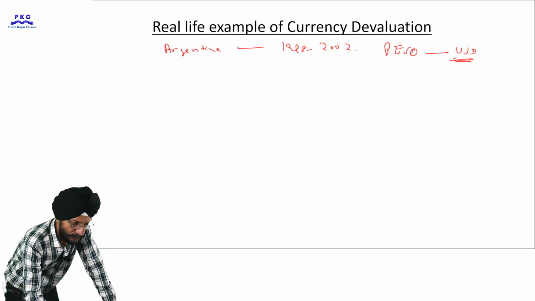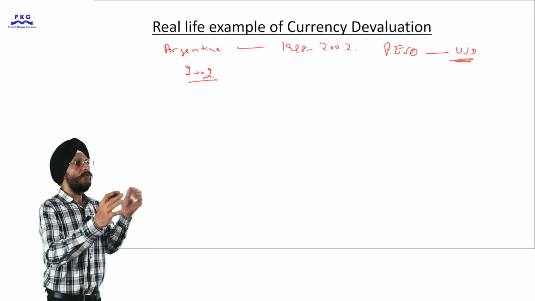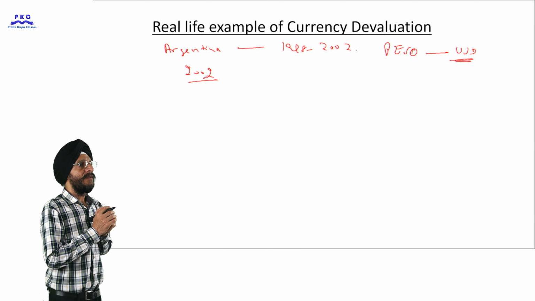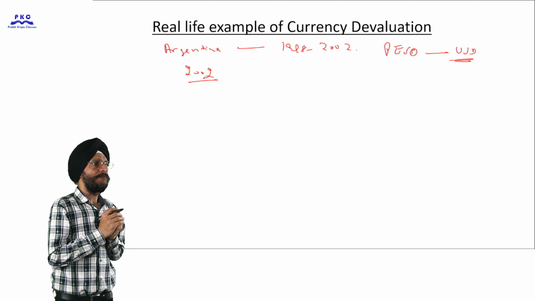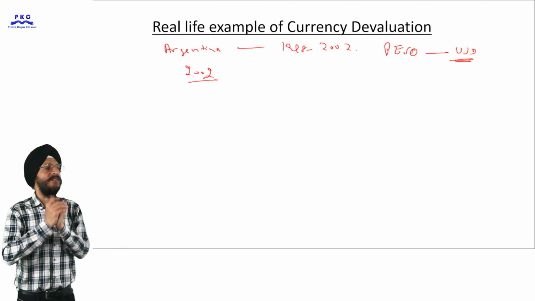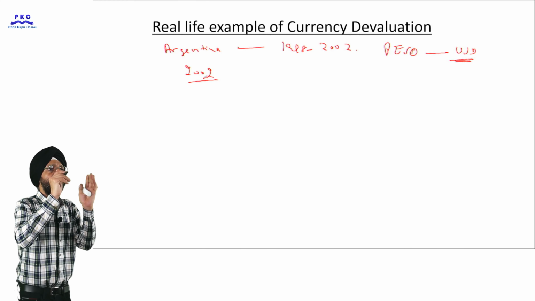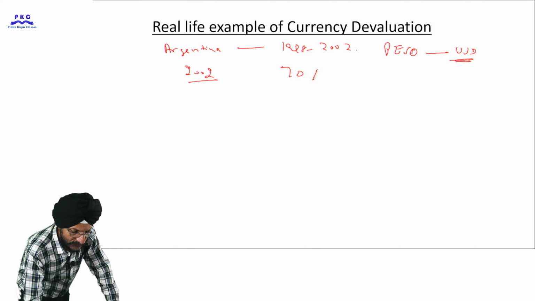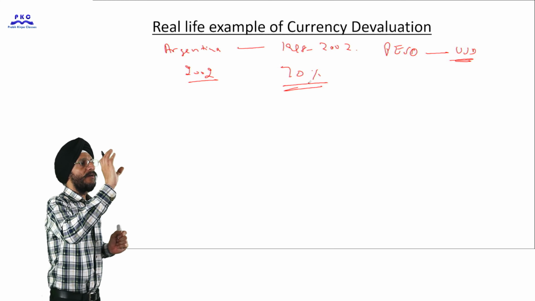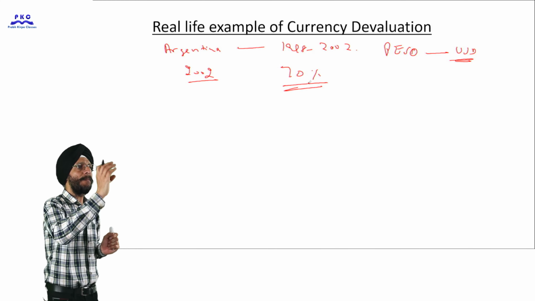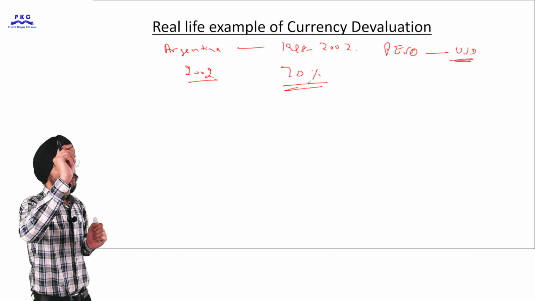But in 2012, the Argentina government devalued its currency and abandoned the policy of fixed exchange rate of peso versus US dollar, and it devalued the value of its currency, the peso, by about 70%. That is, the residents of Argentina will have to pay more of their domestic currency to buy one US dollar.